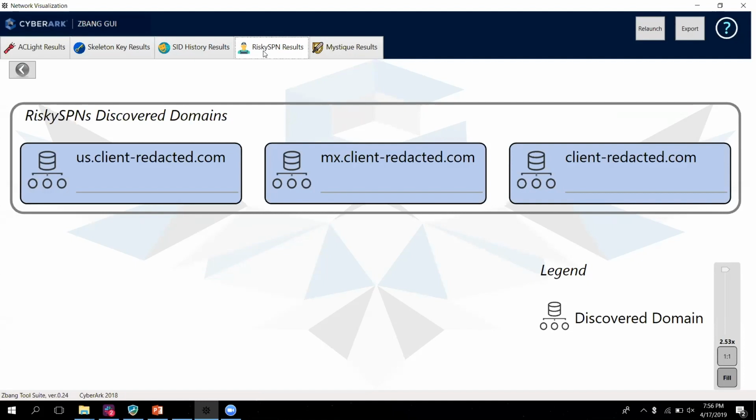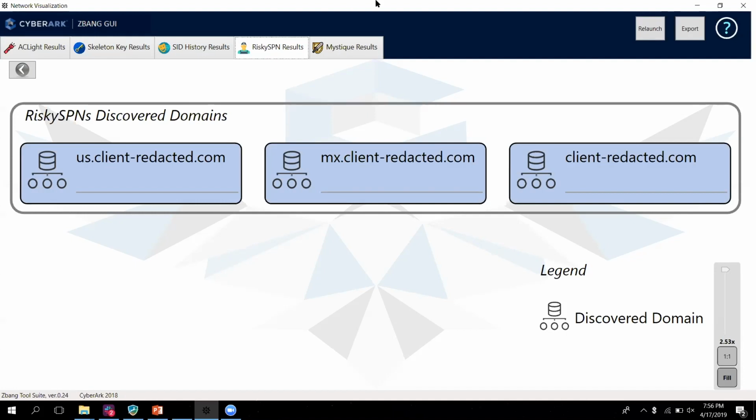Another tool, I mean, this is a talk about zBang, but I want to also introduce another tool that I think is really, really valuable in understanding your Active Directory environment. It's called Goldfinger. And this, again, queries your Active Directory for certain types of privileged accounts based on certain flags. So you can find certain help desk permissions and things like that. So between zBang and Goldfinger, I think these are really good tools to get a lock on your Active Directory